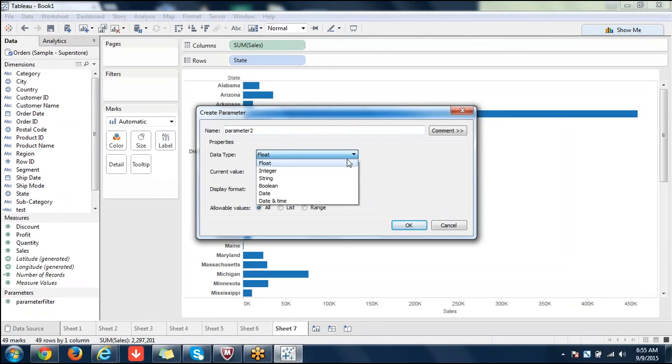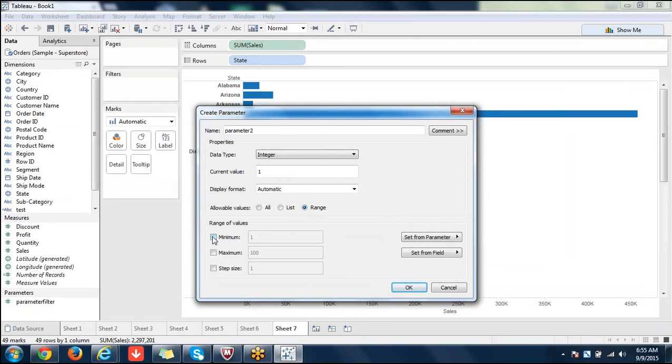Now I say integer. Okay, current value is fine. Range. Step size is 5. So by default, current value is 1 here. Okay, you see that current value is 1. Since I have created another parameter earlier, it's asking, can I set values from that parameter? You can do that, but I'm not doing it right now because I want to create a parameter here.